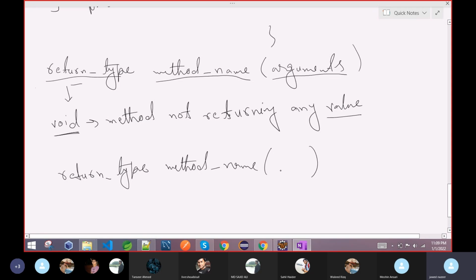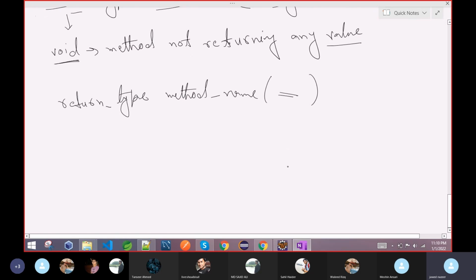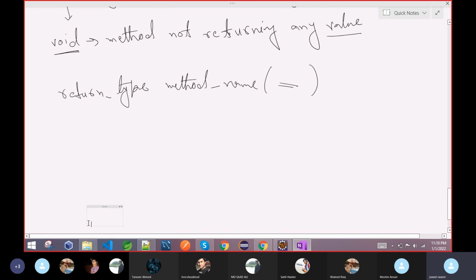What accepting means and what an argument is, we will discuss each and everything. I am just saying that a method may have a return type, meaning it returns a value, or may not, and a method may accept a value or may not. On the basis of these two characteristics,